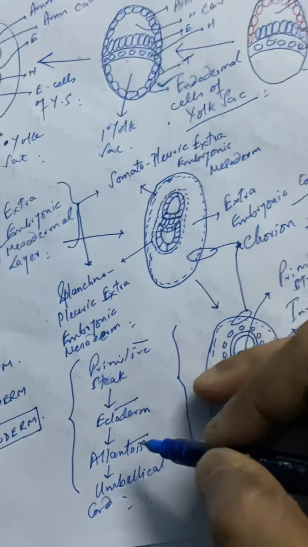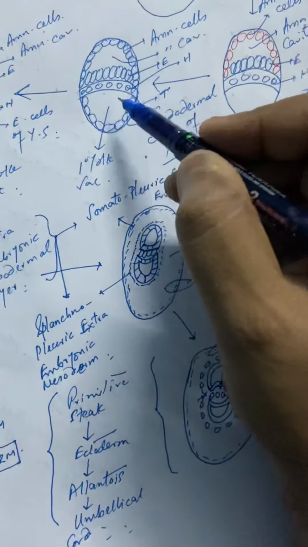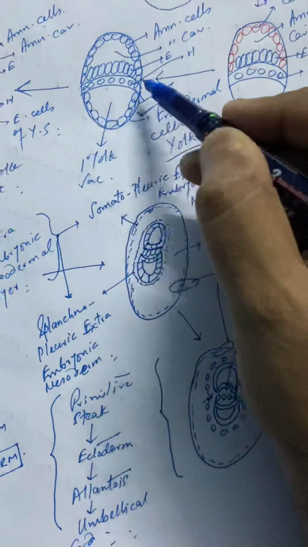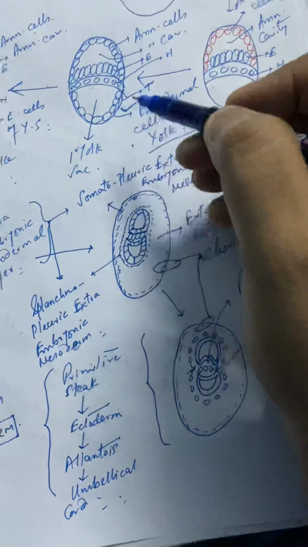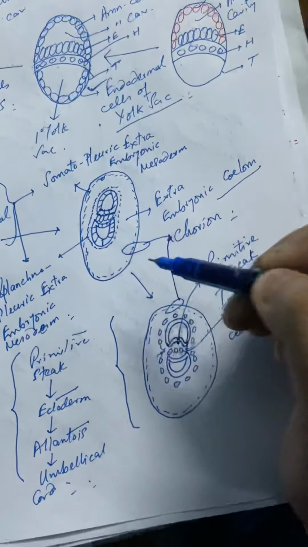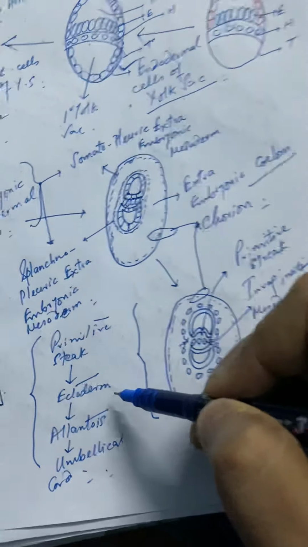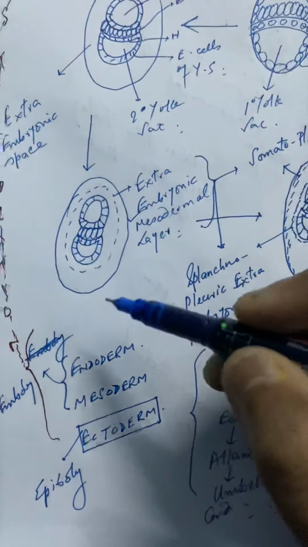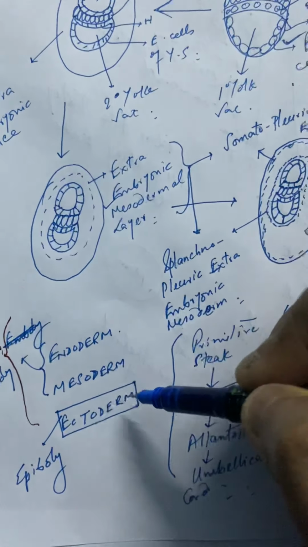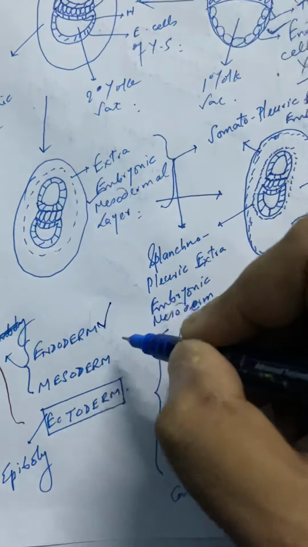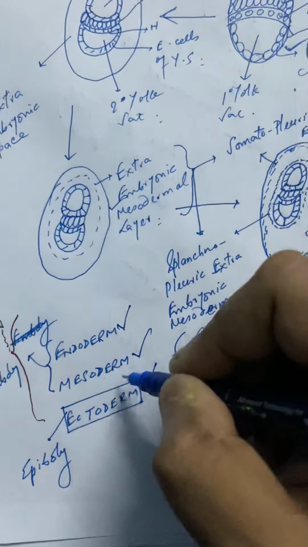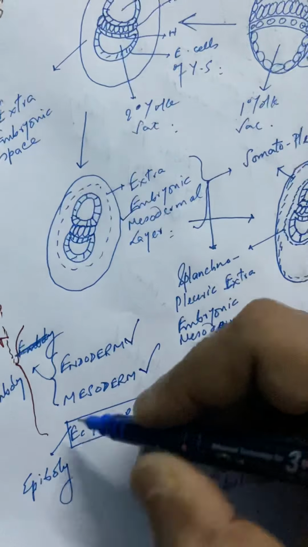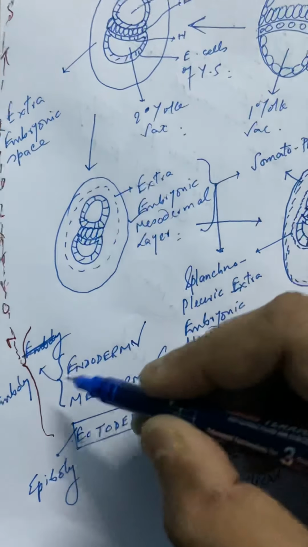So as you can see here, the first and foremost structure that was formed in the germinal layer was the endoderm, followed by the formation of the mesodermal layers. So first endoderm was formed, followed by the formation of mesoderm, and finally the formation of the ectoderm from primitive streak. So you understand, formation of endoderm, mesoderm and ectoderm. The first to form was endoderm, second to form was mesoderm, third to form was ectoderm. And remember, the formation of ectoderm is called epiboly, and the formation of endoderm and mesoderm is called emboly.